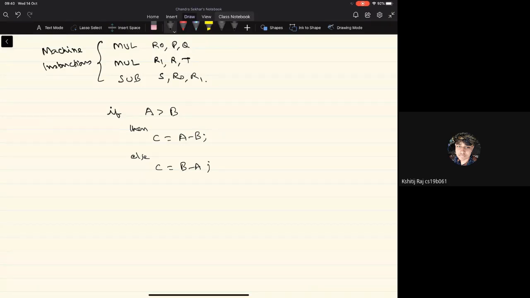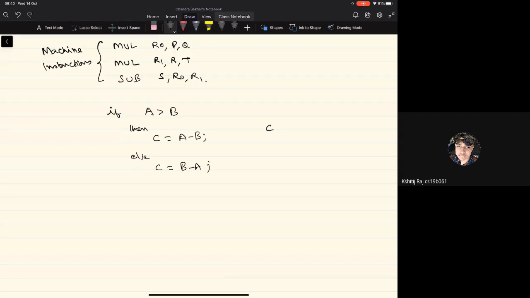What are we trying to do here, assuming that A and B are unsigned values? What is this if then else statement trying to do? If A is greater than B, C is equal to A minus B, else C is equal to B minus A. As all of you can figure out,